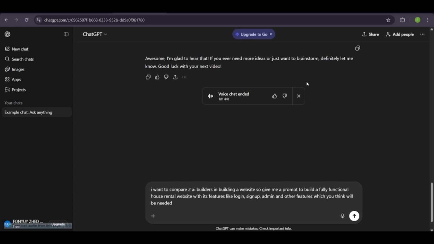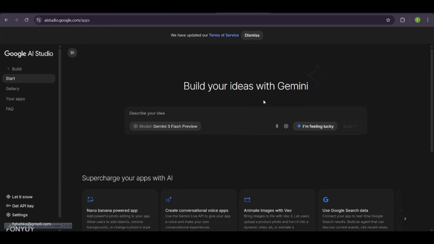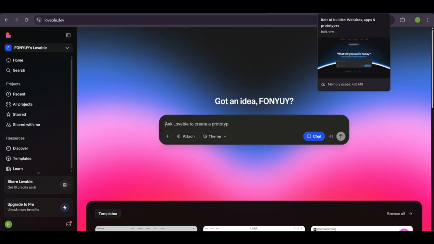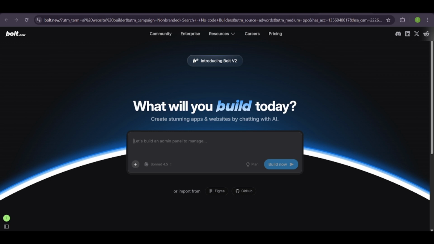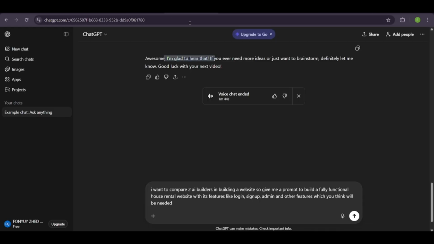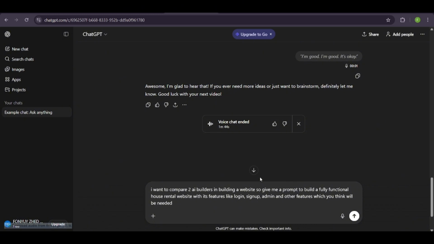So today we're going to be building a fully functional house rental website just with AI tools. We're making use of Lovable.ai versus Bolt and versus Google's Gemini built with Gemini 3. So this is Lovable.ai, this is Bolt. We're going to be comparing which AI tool can make the best house rental website. We'll give it one prompt. I mean, each of them will have the same prompt, and we'll be seeing which AI tool will do it